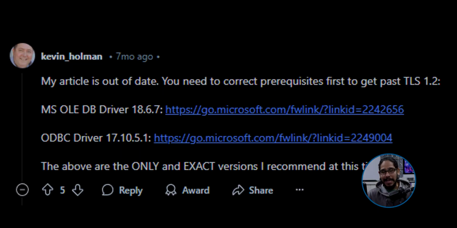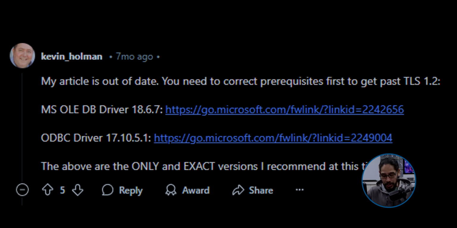Now, I did more Googling because that error is attached to something else. And this guy right here, he is like the god of all gods of SCOM. Once you enable TLS 1.2, you have to have certain ODBC drivers as well as the OLEDB drivers. You have to have a certain version for SCOM 2022 to install successfully, and these are the versions that you need.